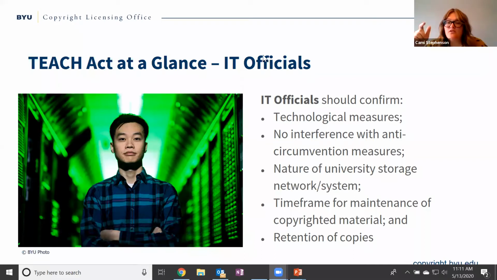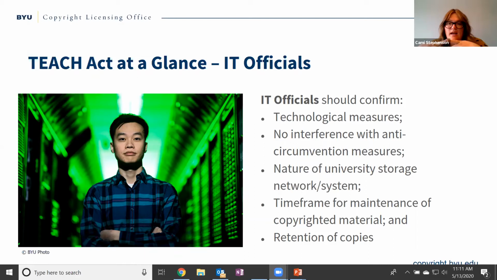When it comes to the distribution channels for remote learning, we encourage uploading through some sort of LMS like Learning Suite or Canvas that limits access to just the students who are enrolled in the course. Part of Teach is that we do limit the access to the materials to just those students who are enrolled. And so our IT people are going to confirm that we have those types of limitations in place, that we are limiting access and retention, the ability for students to retain the information, and